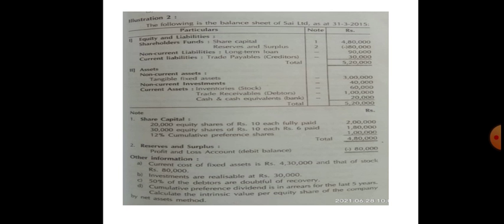Next, investment is given in the balance sheet as 40,000, but we have to take it as 30,000 because the market value is 30,000. Next, stock is 60,000 in the balance sheet, but we have to take stock as 80,000, the market value. And next, debtors is given in the balance sheet as rupees 1 lakh, but 50% we have to take. It means only 50,000 we have to take. And this cash at bank balance we have to take as 20,000 because other information, the market value, is not given.